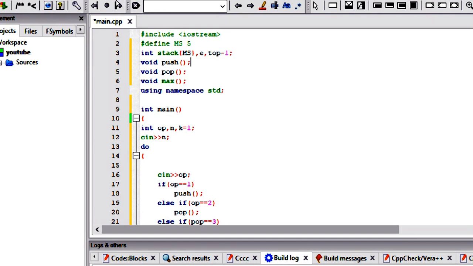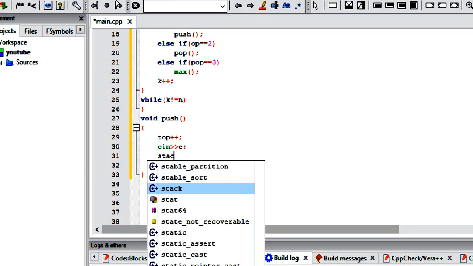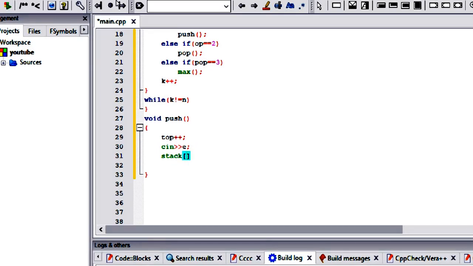That's why we use this variable and store it in the stack. Stack top is equal to key. Initially top is -1, so we increment top by 1, it becomes 0. So top is 0 now, and we are storing this key in it. Guys, this is complete now.